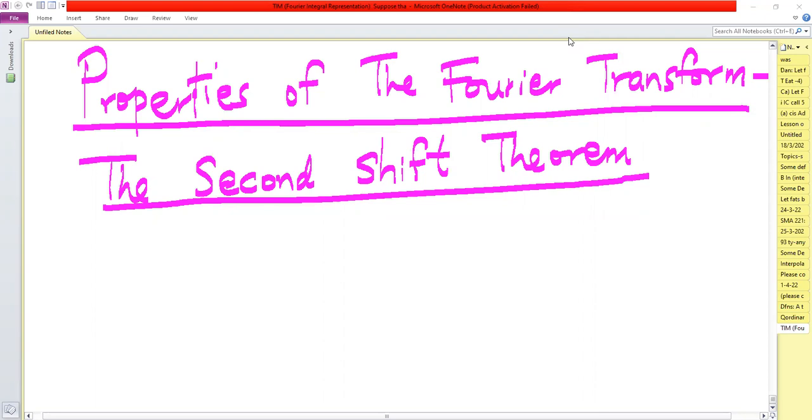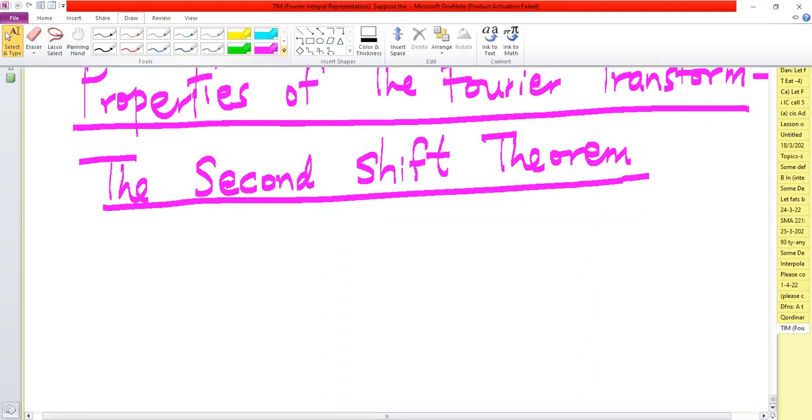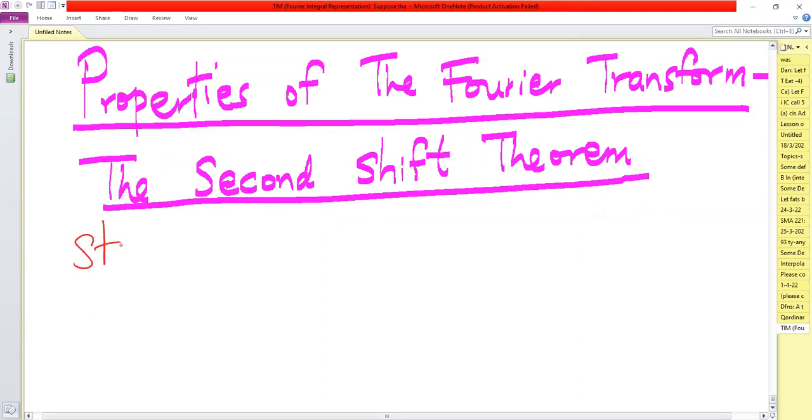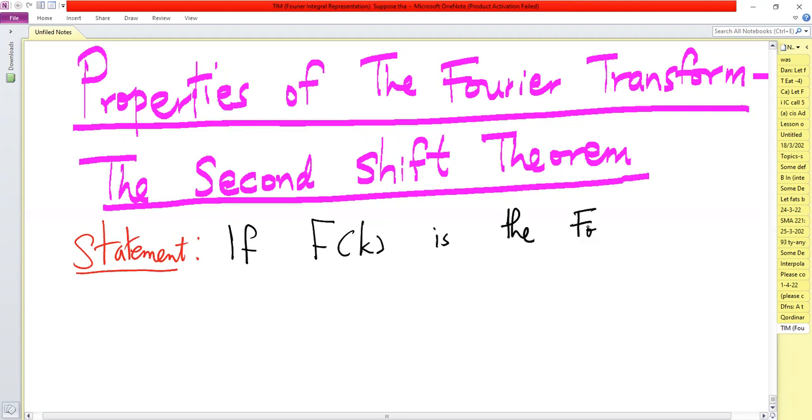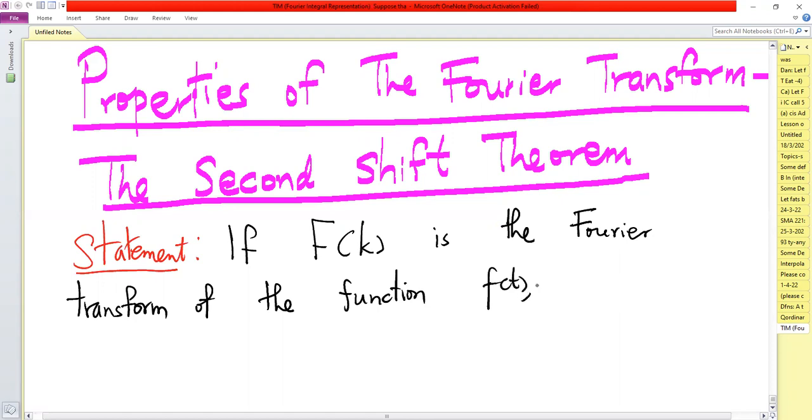The theorem states that if F of k is the Fourier transform of the function f of t,